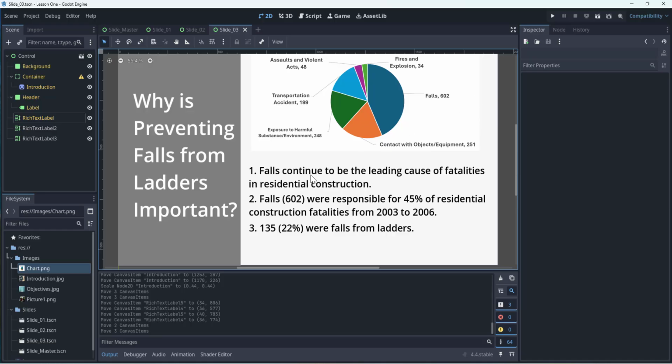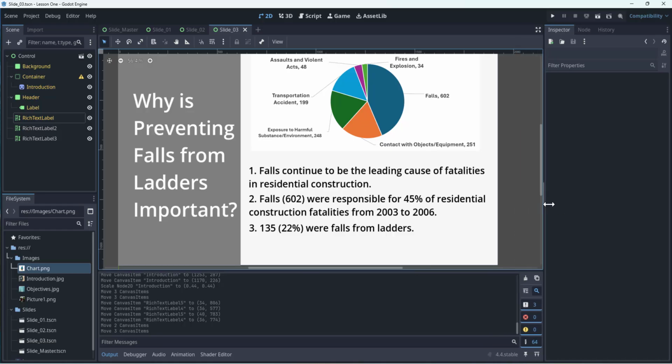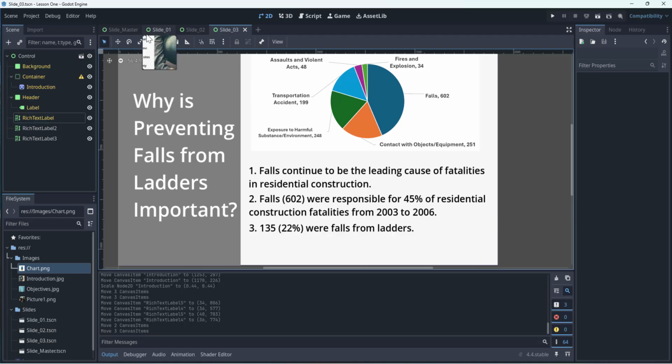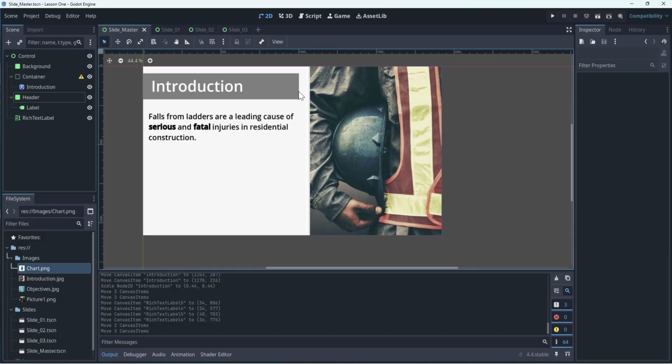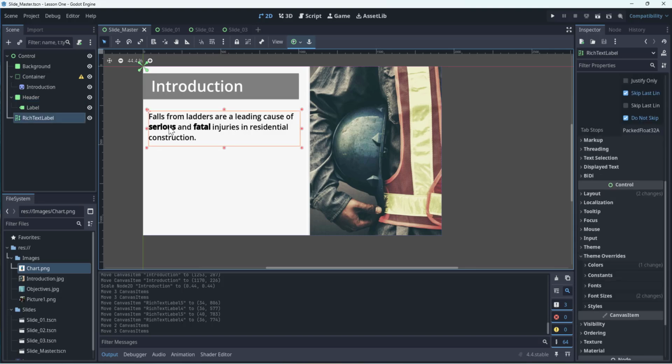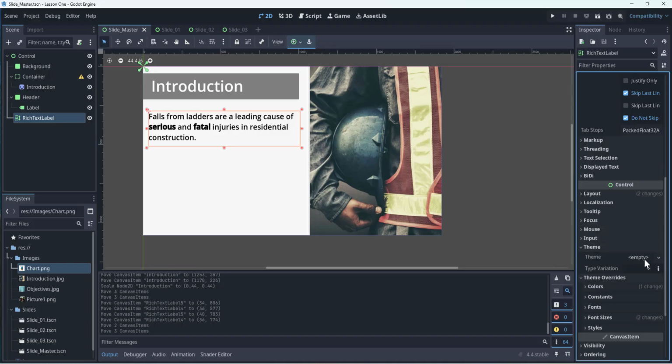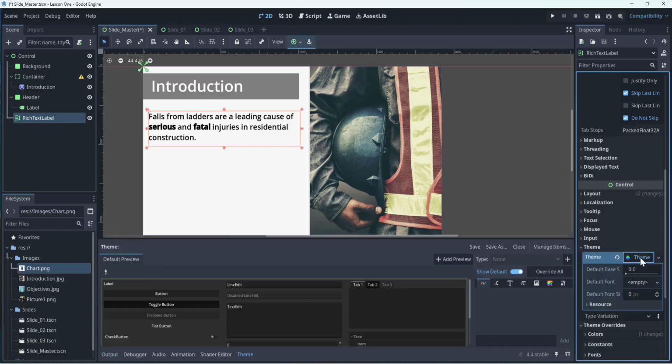All right, so what we are going to do is we're going to create a theme for our project, and that will make things a lot easier. So let's go ahead and we can do this. Actually, let's do this from the slide master. That way the other slides inherit it. So to create a theme, just select an object and click on theme here, and where it says empty, click on that and click on new theme. Now when we click on the new theme you created, it will open up